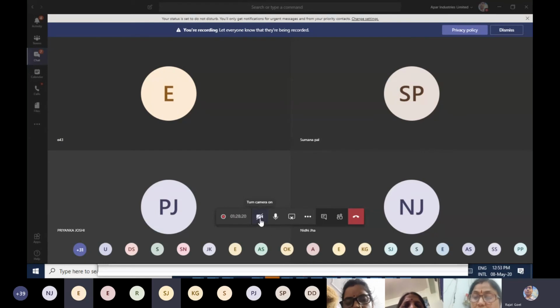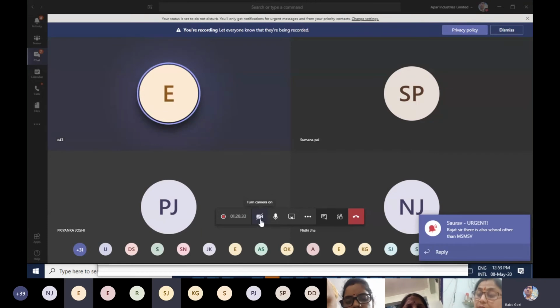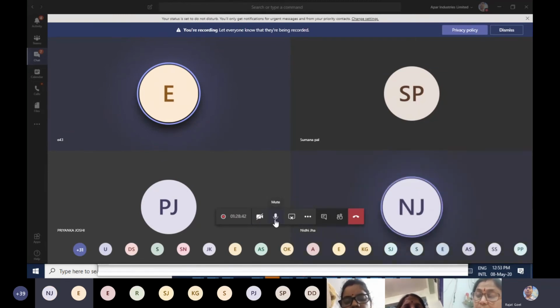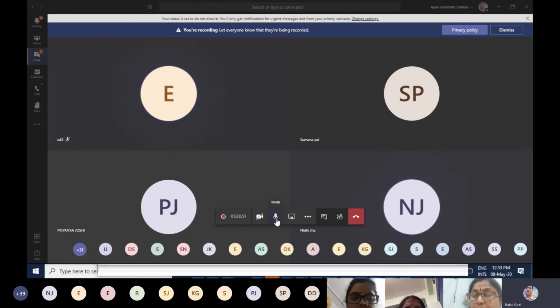Next, you see this camera icon. Currently it is struck through, and the strike through means that the camera is off. If I click it, the camera would turn on. I will turn it on for a while while explaining some of the features. Next comes this mic icon. You can listen to me. By clicking on the mic icon, you can toggle mute and unmute.